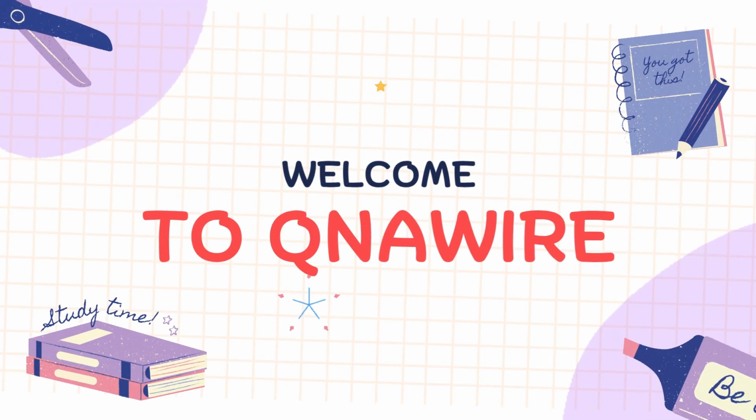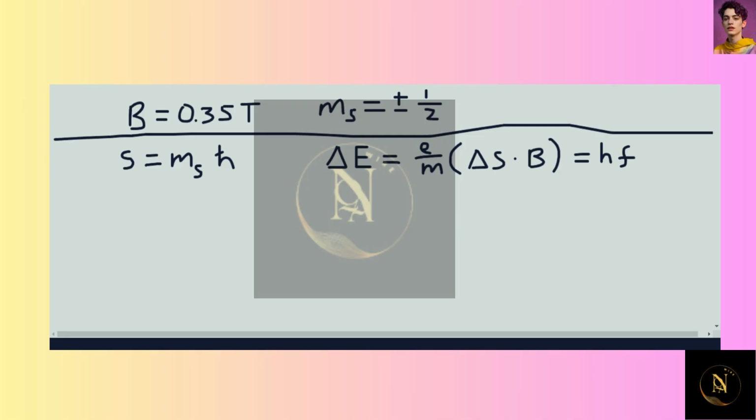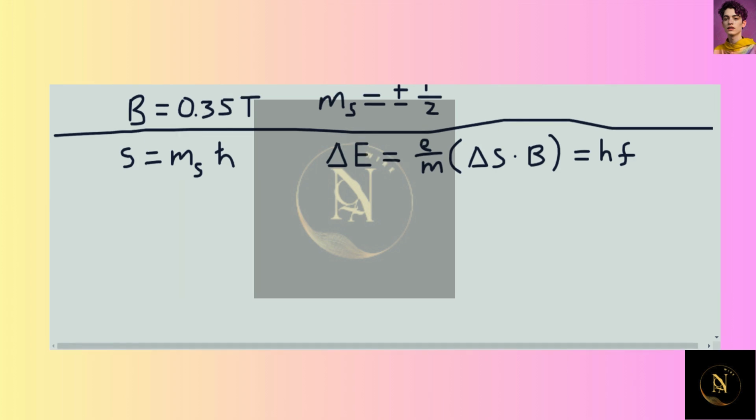Welcome to qnawire. We are asked to find the photon frequency that is required to excite the ESR transition in a magnetic field of a value B equal to 0.35 Tesla. So to do this, we're going to consider the fact that the spin of the electron m sub s is plus or minus 1/2,